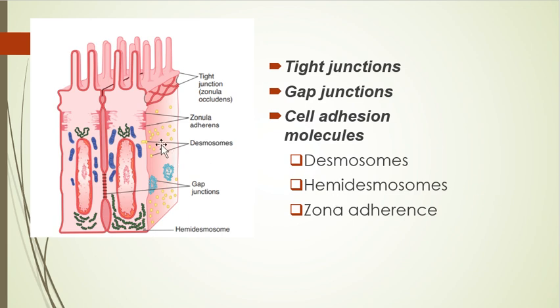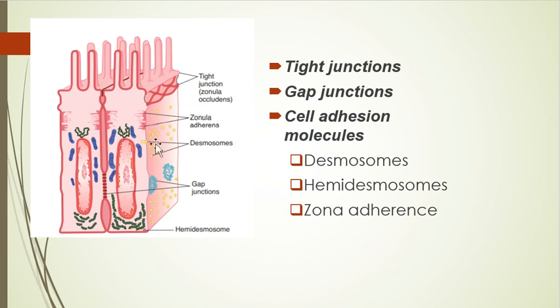But just to have a basic concept, in this image you can see that there are two cells which are connected with different junctions, right? Different types of junctions, and on the lateral surface the same junctions are shown to give a good understanding of the concepts. So if you see, these are two cells, and there are villi present. For example, this is intestinal epithelium, having villi on the lumen surface.